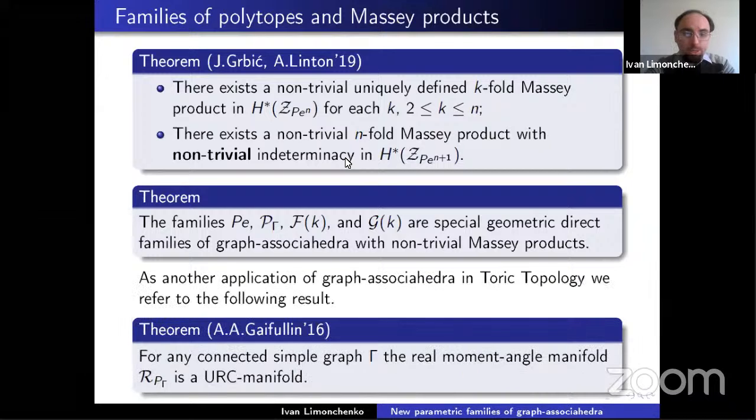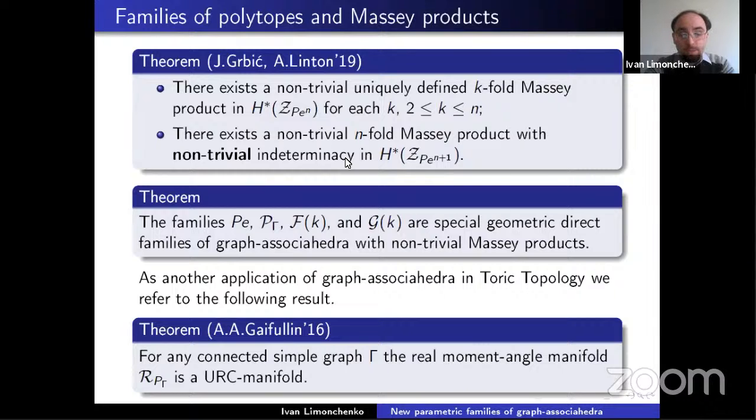And let me finish by reminding you of a very nice result of Alexander Gaifullin, who obtained the following in, I think, 2016, at least in the arXiv. He posted the following result. For any connected simple graph gamma, the real moment angle manifold corresponding to the graph-associahedron P gamma is a URC manifold. URC means universal realization of cycles, and this refers to the classical problem of Steenrod of the 1940s